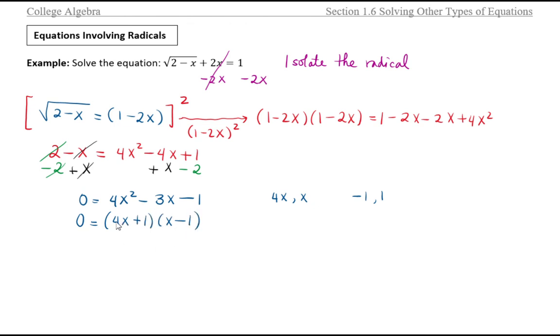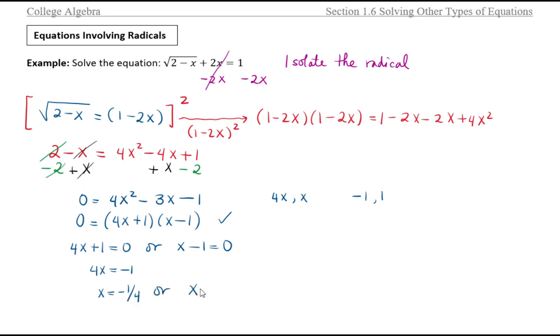You can check that. It will give you 4x squared and then negative 4x and then plus x, which will make negative 3x, and then 1 times negative 1 is negative 1. So that works. So it's a quick trial and error, but really the point is that you try to get the middle term when you FOIL. So from here we got 4x plus 1 equals 0, or x minus 1 equals 0. And 4x equals negative 1, so x equals negative 1 over 4,